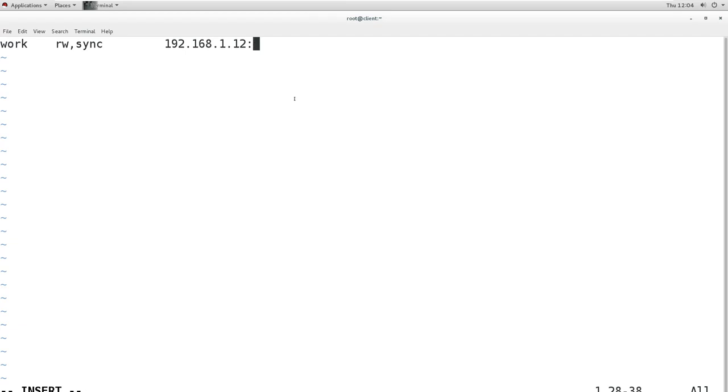I'm giving the IP of that server directly, and from that server we have the directory named my share, and under the directory my share we have a directory named work, which is going to be mounted on this directory. And this is done, and now I will save it.